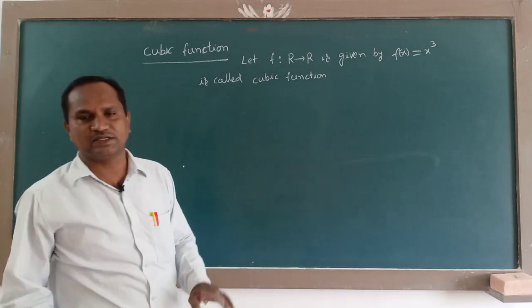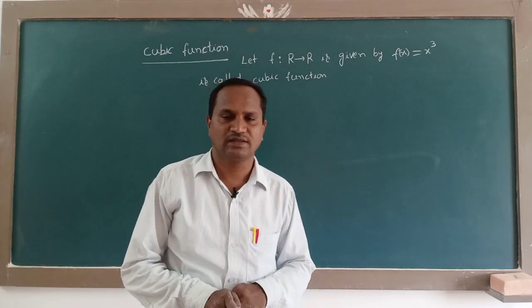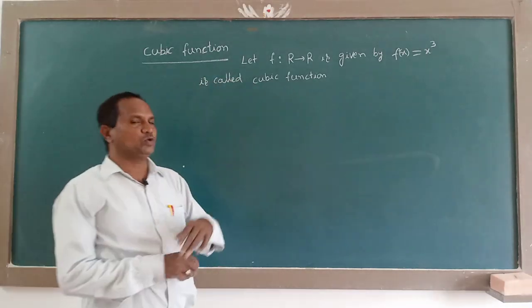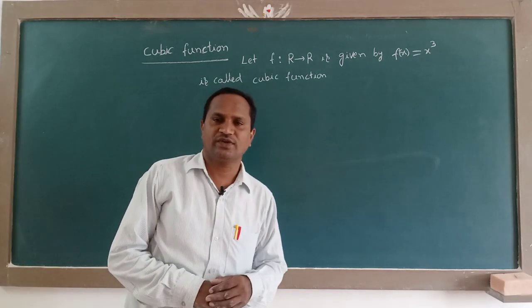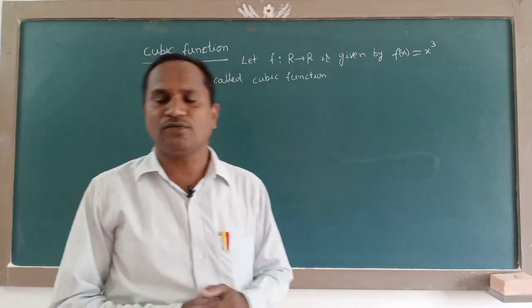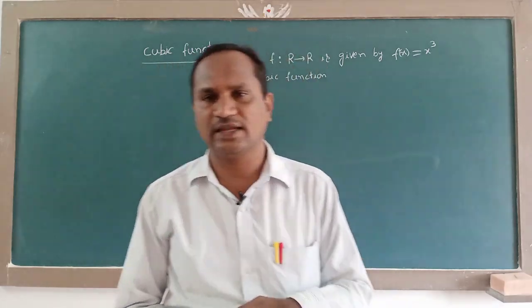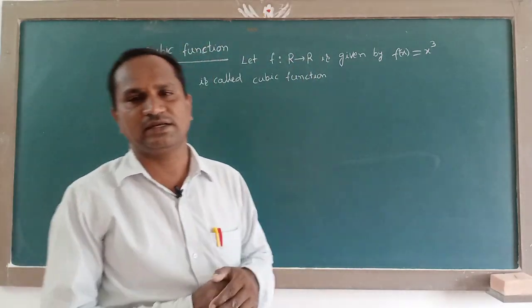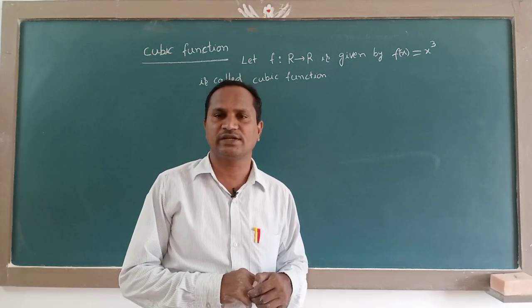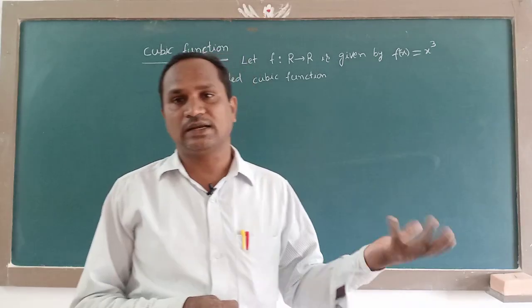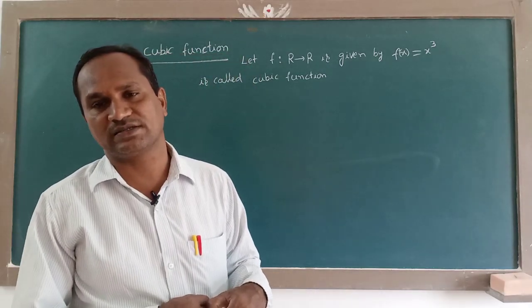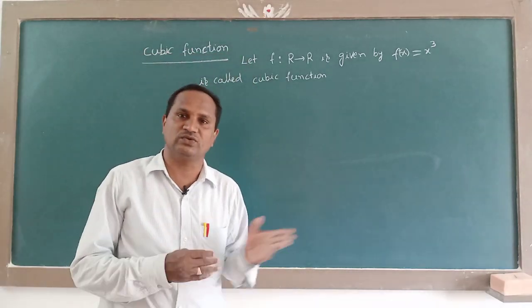Here we take the cubes of some real numbers. If you observe, the cube of any real number is again a real number. That's what we can tell here. Domain is the set of all real numbers, codomain is also the set of all real numbers, and range also becomes the set of all real numbers. I'll show you now how we are getting those.